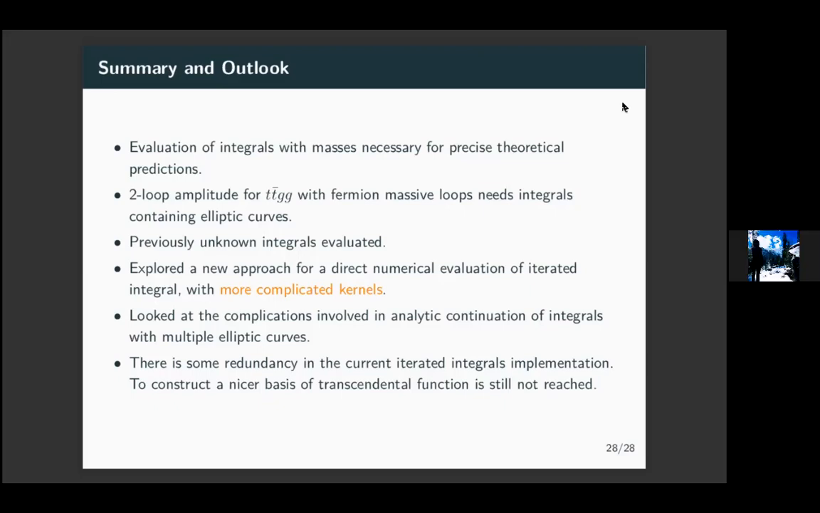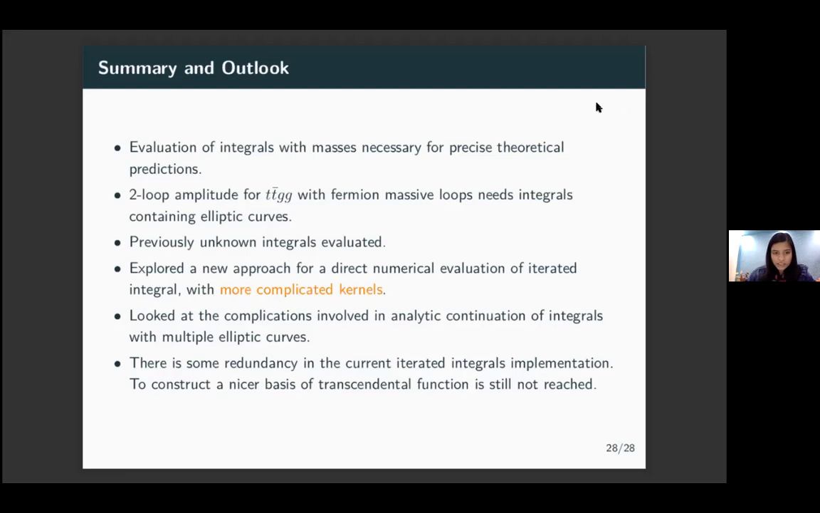Okay, and is there any formula or something like that, by looking at the diagrams, by which we can directly know how many elliptic curves will be there? Yeah, it's a non-trivial question. It's a very good question. First of all,